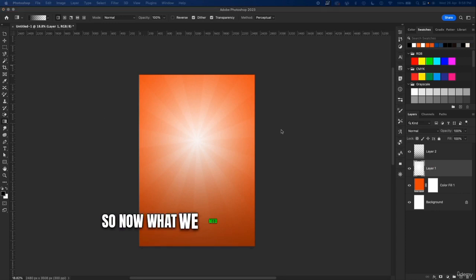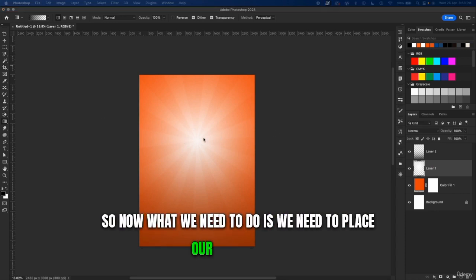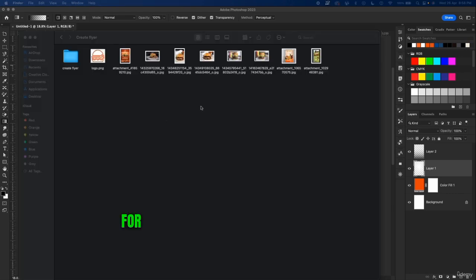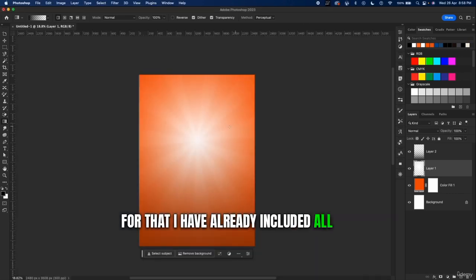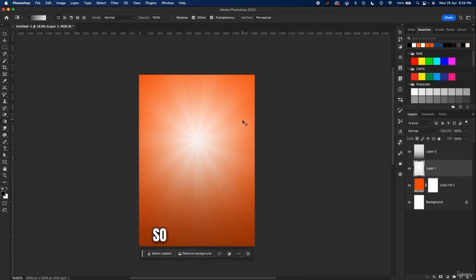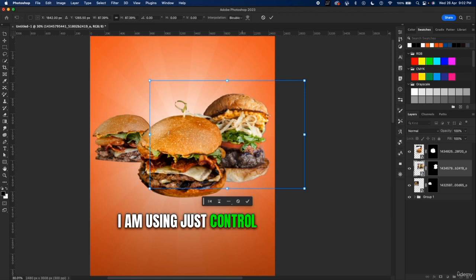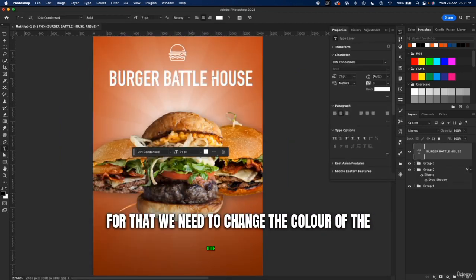So now what we need to do is place our objects here. For that I have already included all the images that you will require here. So just go to the folder and place them. I am using just Ctrl T and moving the title and